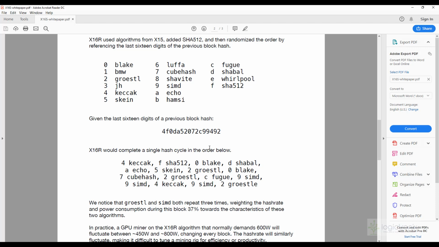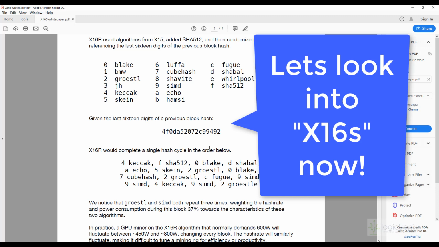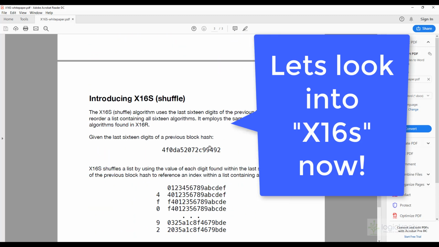It is not very hardware friendly, and if power consumption is dynamic, then it is not very good for hardware, and we get the hash rate also very dynamic, and we may not be able to calculate the hash rate precisely. So to overcome this problem, there is X16S, which is much more hardware friendly, and for